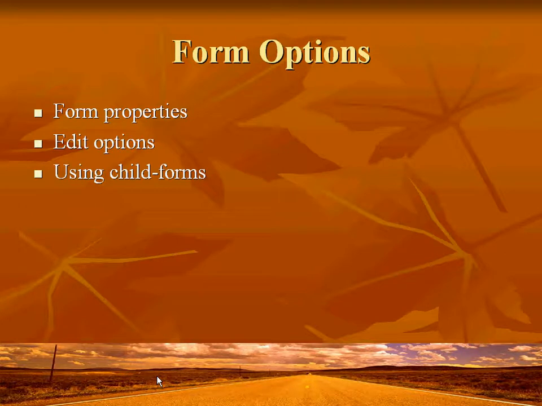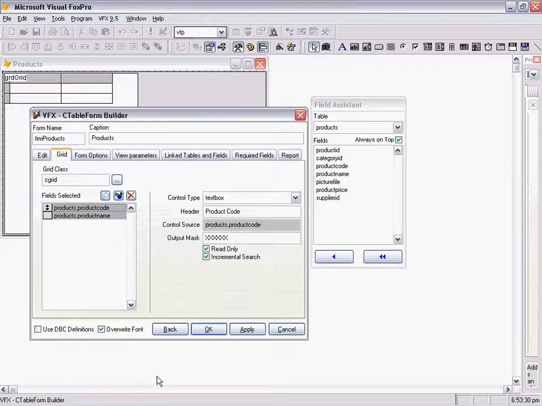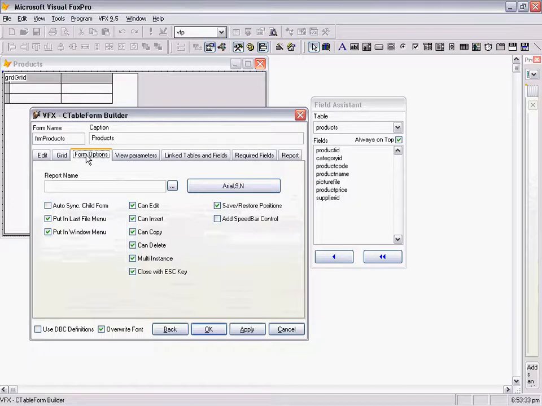The next page is Form Options. On this page you can set several form properties and also define edit options. Here in Edit Options you can define if user is allowed to edit, insert, copy or delete records generally for the form.